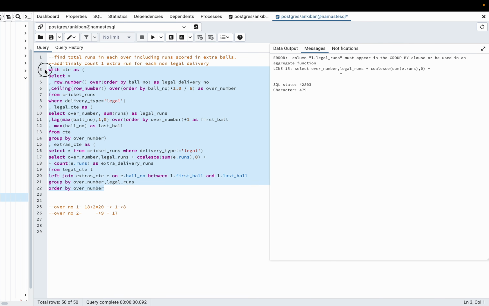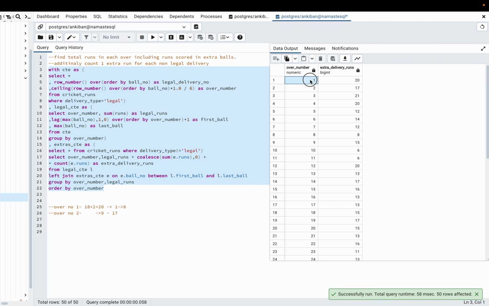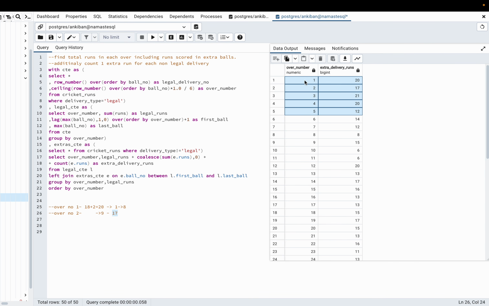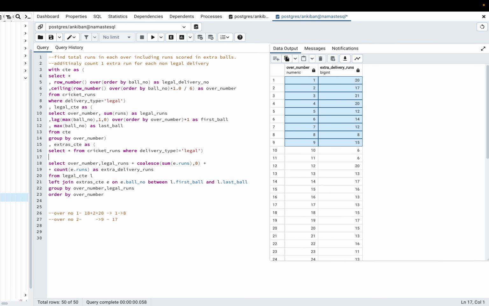So if I just run this, I've got the output. If you see, over number 1 had 20 runs, and similarly, over number 2 had 17 runs, which we checked initially. If we want to verify the output, we can do that. So what we can do is, here, final CTE.